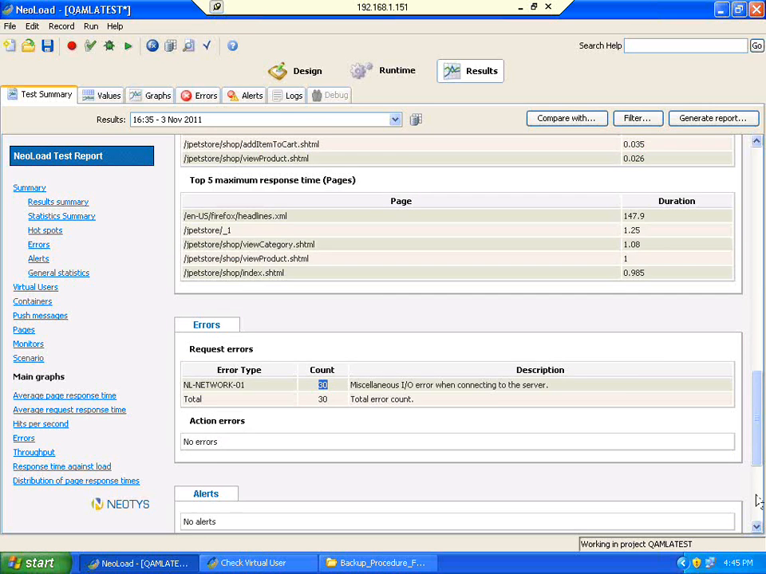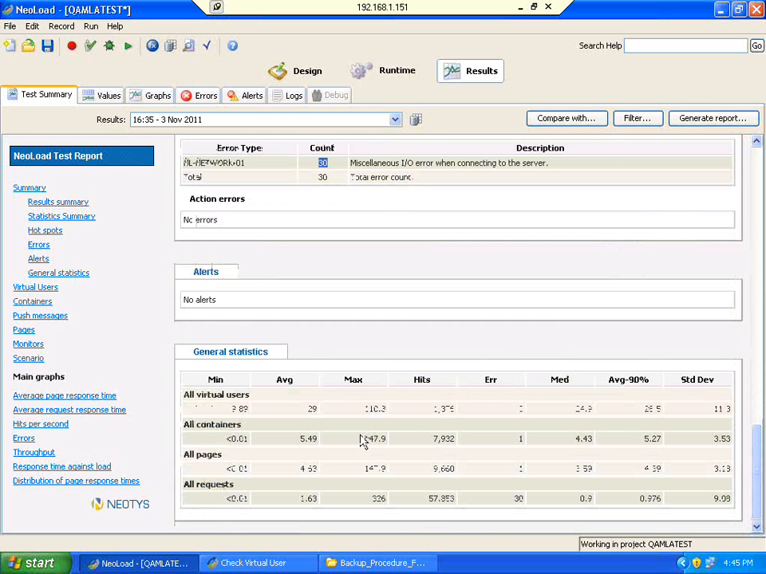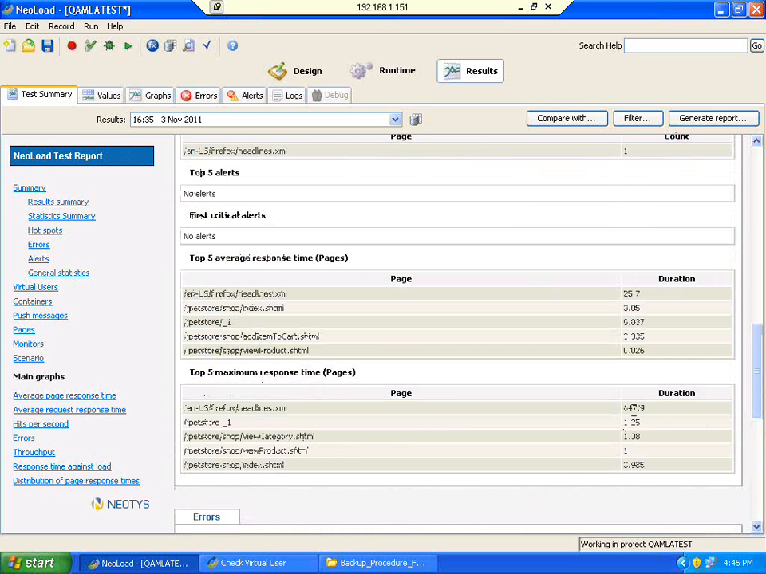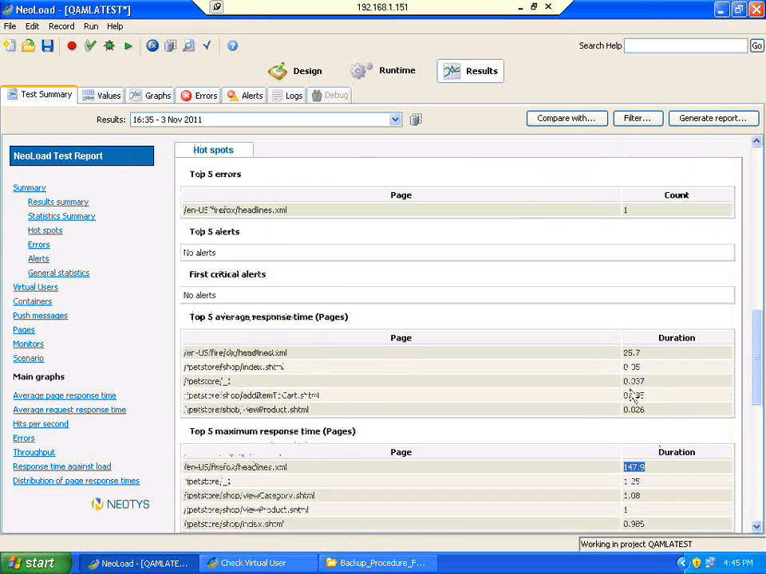Now if you come down in this one, typically the response time, if you see here, previously we used to see less than a second. Now the max is, for some user it was giving 147 seconds. That is bad. For some, on average, this headlines.xml page was giving 25.7 seconds, but all the other pages worked very well within the limits. Right? Now, this is one application. Okay. Now,